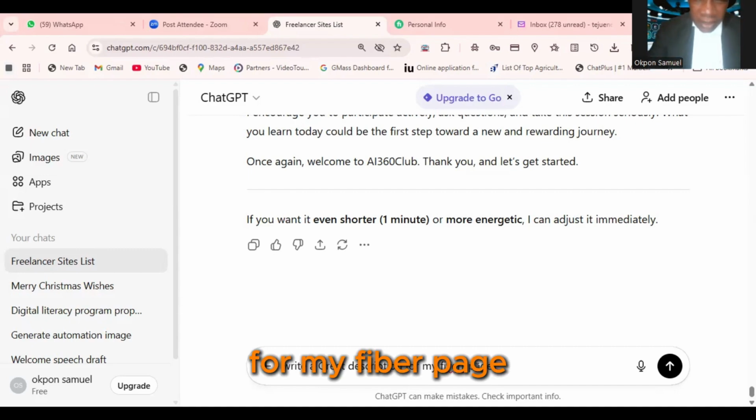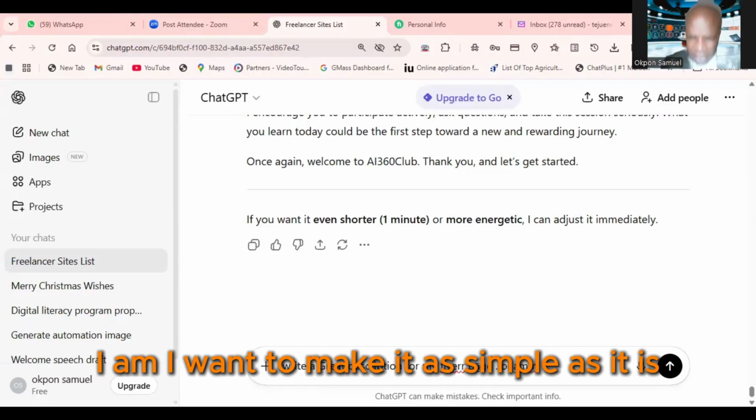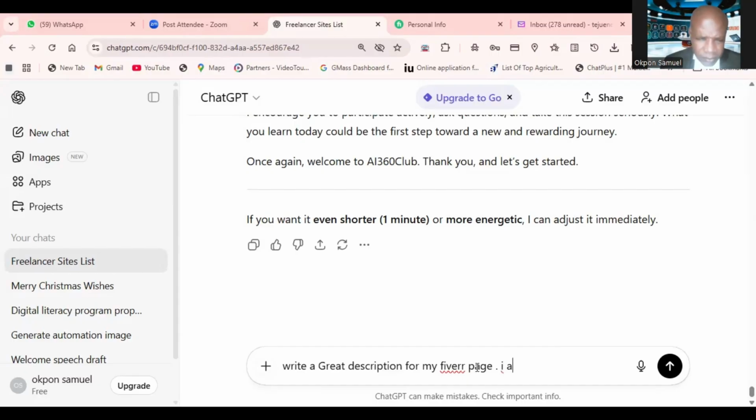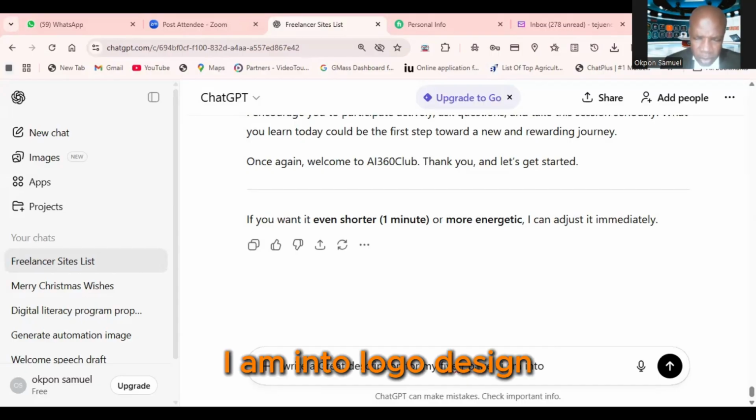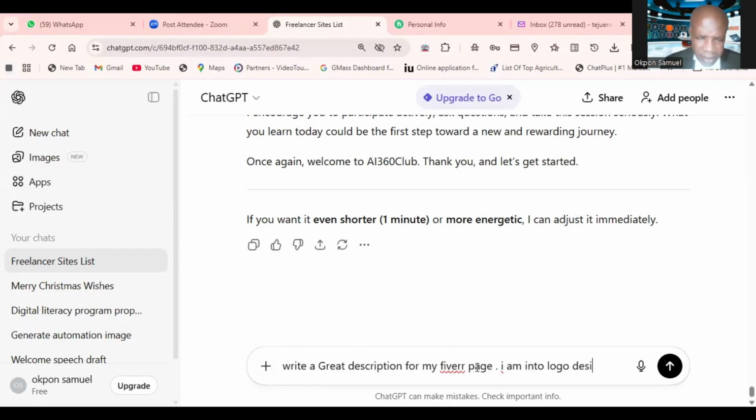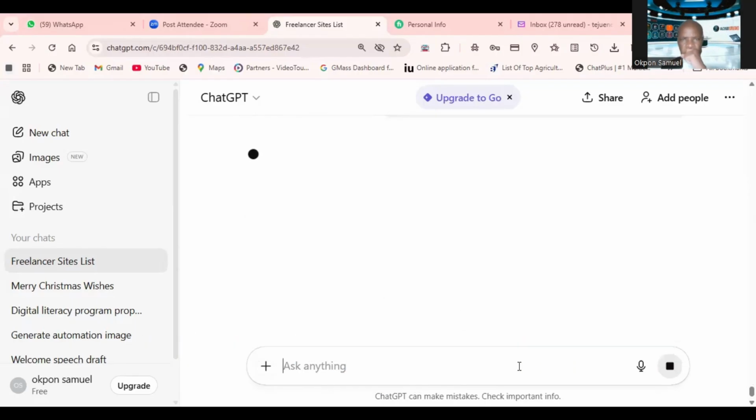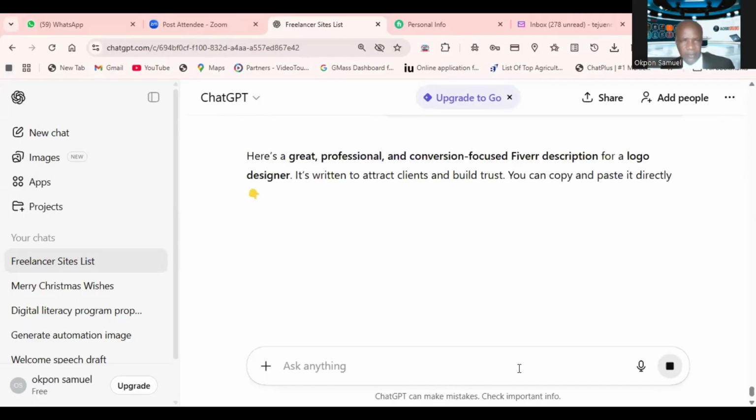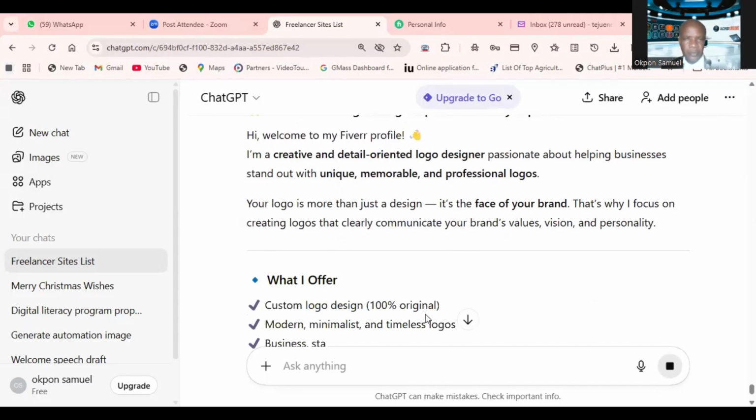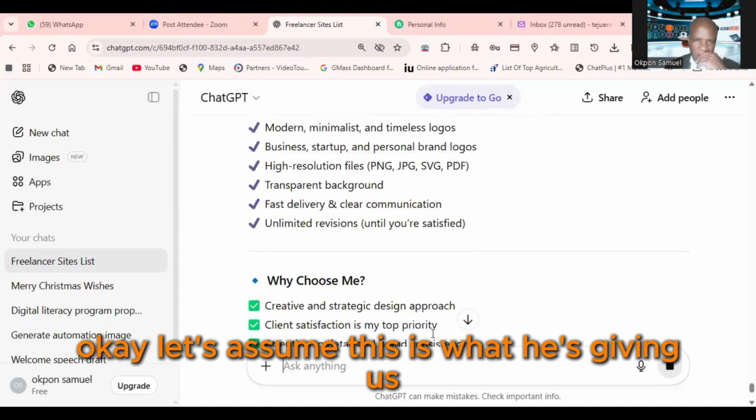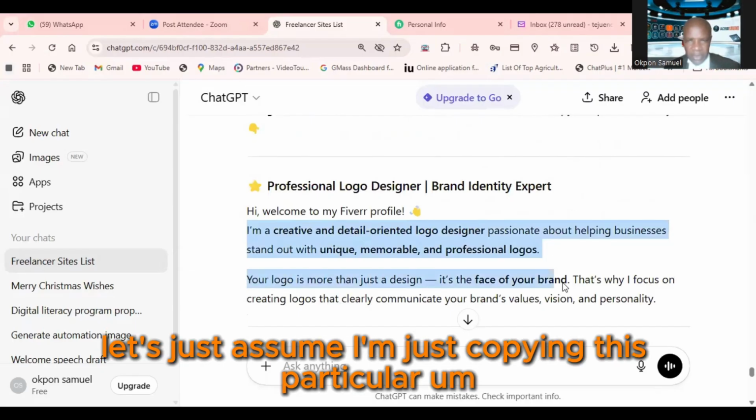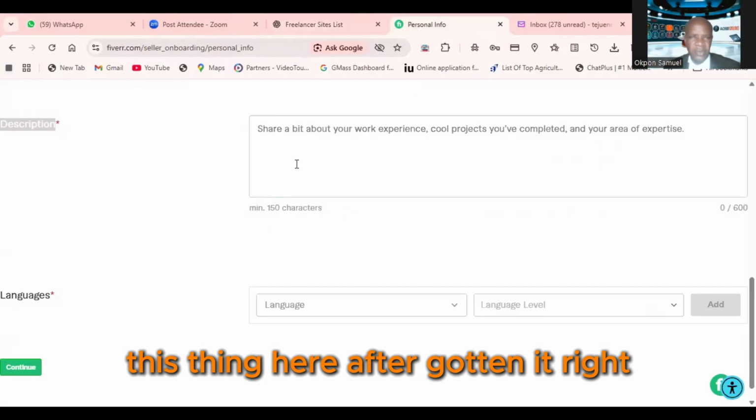For my Fiverr page, I want to make it as simple as it is. I am into logo design. Just click enter. I just want something very simple. Okay, let's assume this is what it is giving us. I can just copy, let's just assume I'm copying this particular thing here after plotting it, and